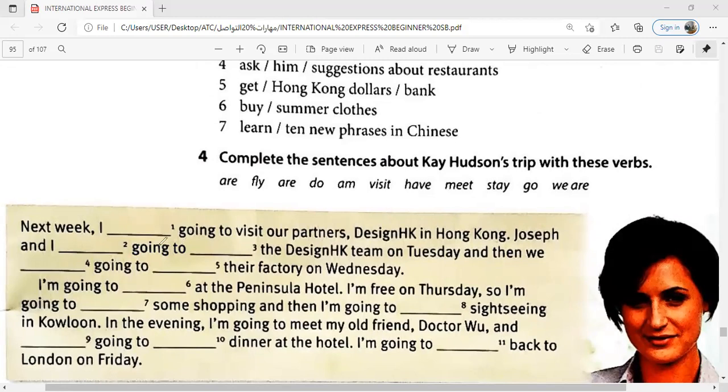Of course, notice that it comes to you immediately, without thinking about it, it is supposed to work for us. Next week I am going to visit our partners Design HK in Hong Kong. Joseph and I are. Thank you. Just the presence of Joseph and I makes it plural, which equals we are going to meet. Thank you. We are going to meet